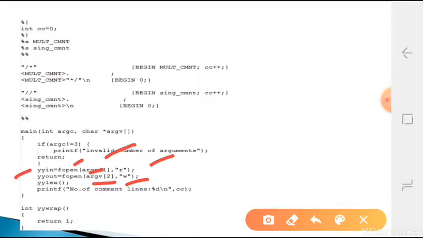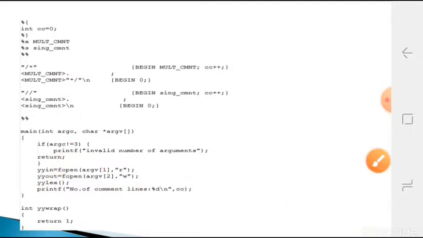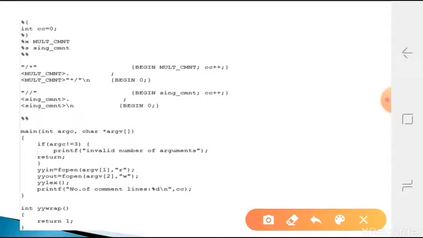Here yyin and yyout are two variables, which are nothing but the standard input for a lexical analyzer and the standard output from the lexical analyzer. Always the input is whatever yyin is, that is from the keyboard, and yyout is always for the monitor. So we are modifying that now. Instead of taking input from the keyboard through yyin, we assign whatever file handler we opened, and instead of yyout going to the monitor, we say write in the second file.